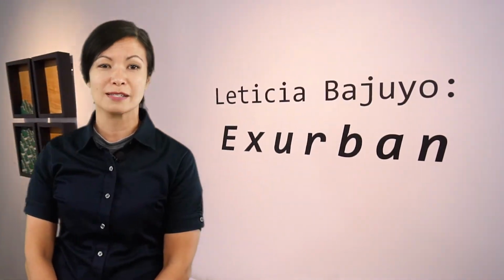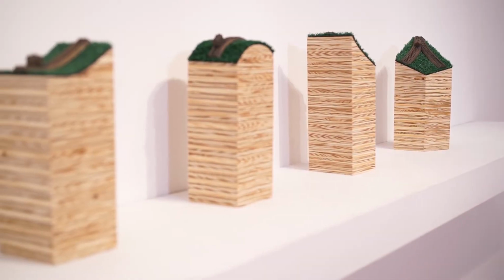I'm a sculptor and an artist. I make objects ranging from miniature to architectural in scale. Here at the Rudolph Blume Fine Art Gallery, I'm currently showing Exurban. It's a solo exhibition that features a variety of materials ranging from cast bronze to printed glass to styrofoam peanuts,